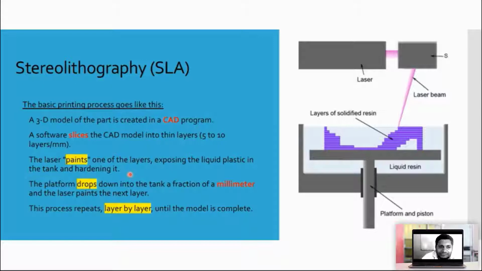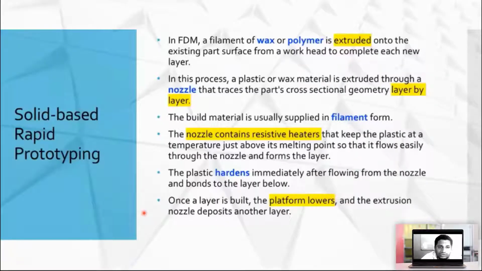I have this liquid resin inside, and the laser selectively targets the liquid, and the liquid becomes harder. So the first layer is created, then the second layer is created at specific places. This process is layer by layer, what we call production of a model. So stereolithography is a liquid based rapid prototyping process.